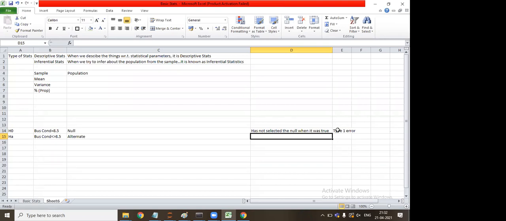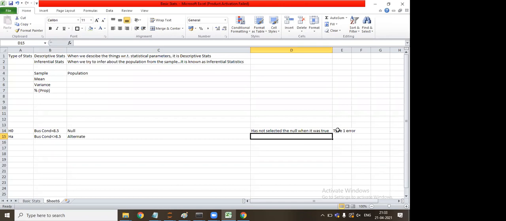Sir, if candidate B said he would travel only if the bus rating is above 8.5? Let's not discuss up and down for now. Let's only discuss that it is not 8.5. I'll come to whether it's up or down, the two-tail test and one-tail test, later, just for better understanding. If you go to up or down now, you will not get the concept. Till now it is clear for everybody.